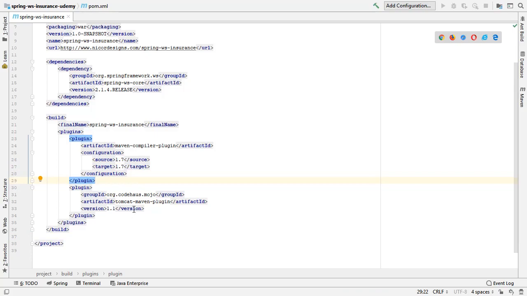Now down here we see that it has also generated a Tomcat Maven plugin that is on version 1.1, and we're going to have to update this as well because we are on Java 7, so we need to have the latest Tomcat that is compatible with Java 7, which would probably be Tomcat 7. So first we'll have to go back to our Maven repository and have a look at our required Tomcat Maven